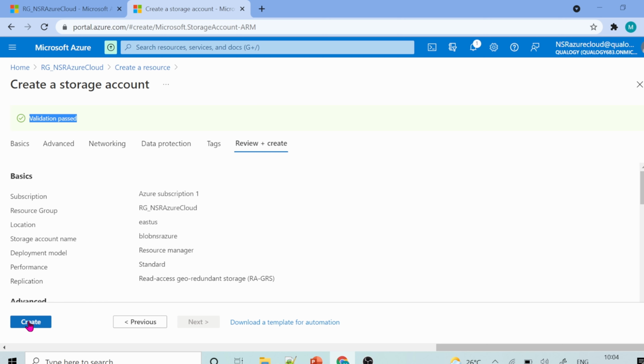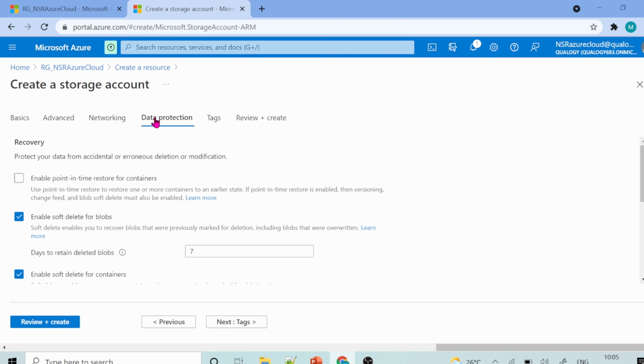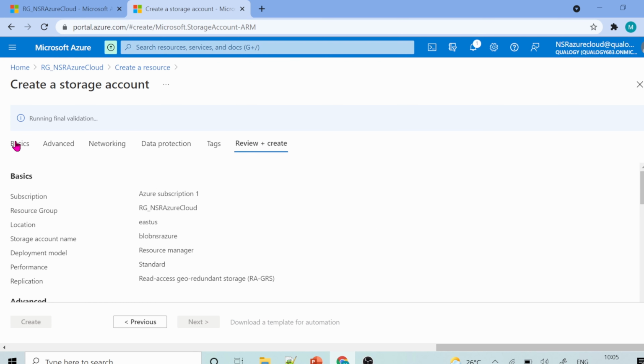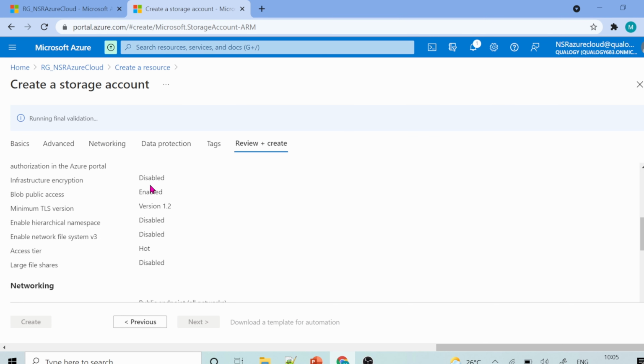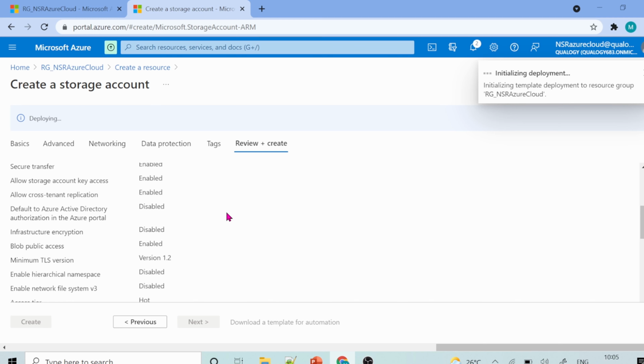If there are any issues, they will be shown on that particular tab, and you can click on the field and correct it and then create it. Since the validation has passed, I'm clicking on create.